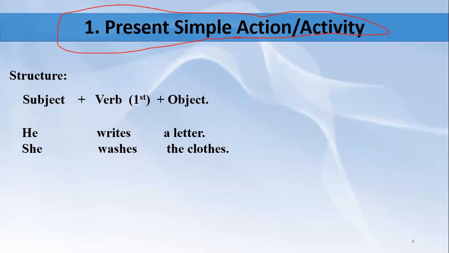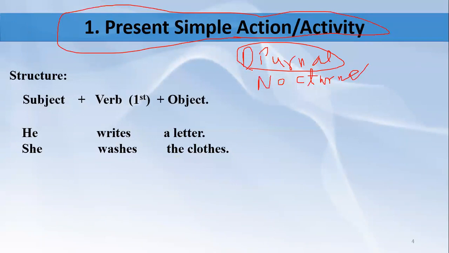Present simple activity, or simple action, means those activities which we do as a routine. Our routine activities and habitual activities, we call them diurnal activities and nocturnal activities. Diurnal activities means those activities which we do during the daytime, such as getting up, taking a shower,